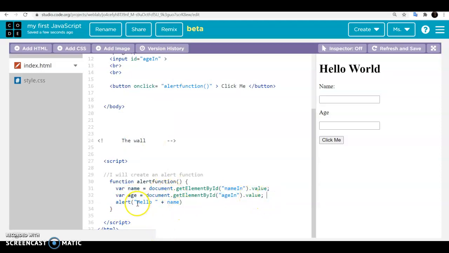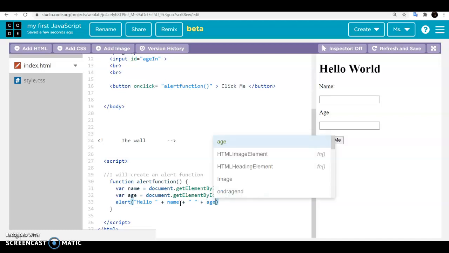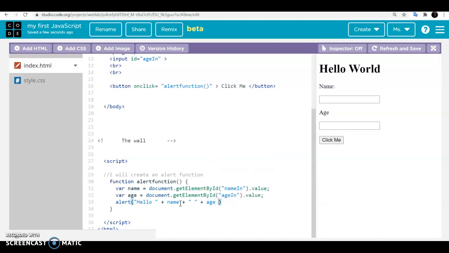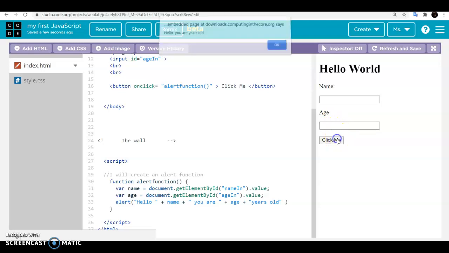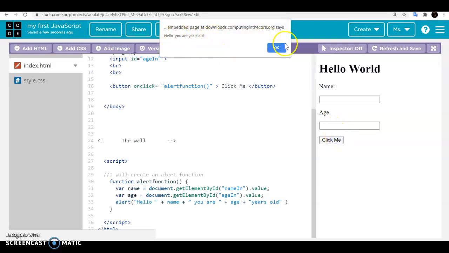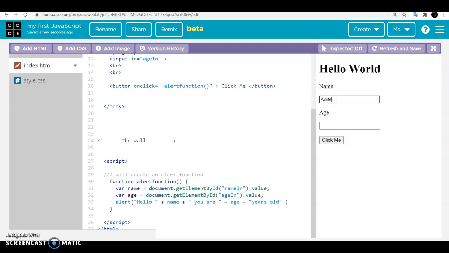And then when you go to concatenate it, the alert currently says hello, and it has a space plus name. Well, the next thing you would need to do before anything is give it some space. So space plus, I want it to say hello, name, and then age. So age goes in next. Perhaps you might want to put in there 'you are', and then plus age, and then plus a string saying 'years old'. So if I refresh that and I click on it, it says hello, you are years old, but that's because I haven't put an input in. If I put in my input,